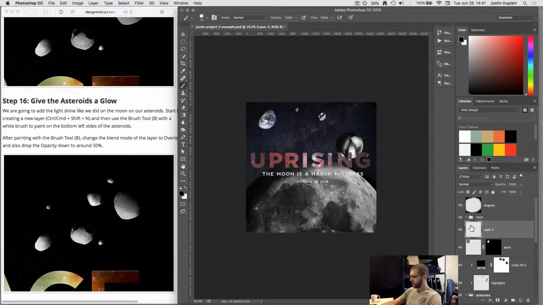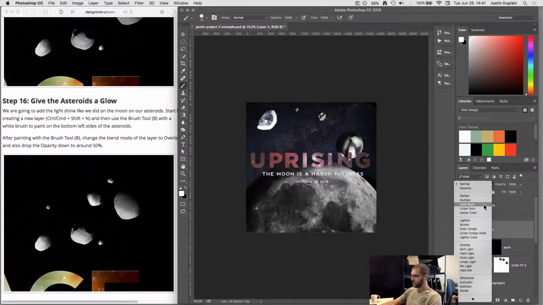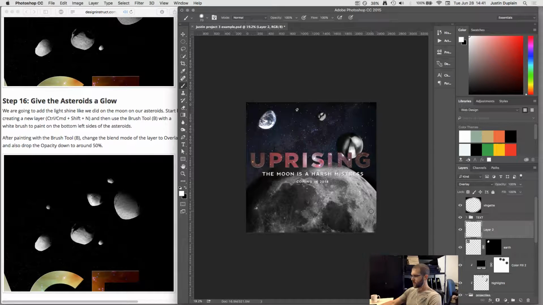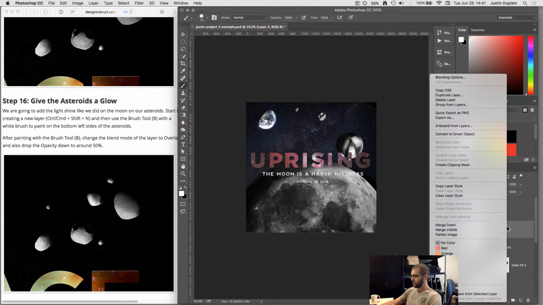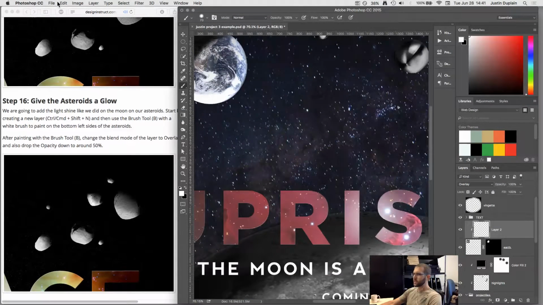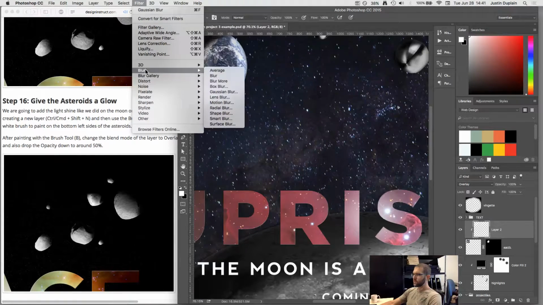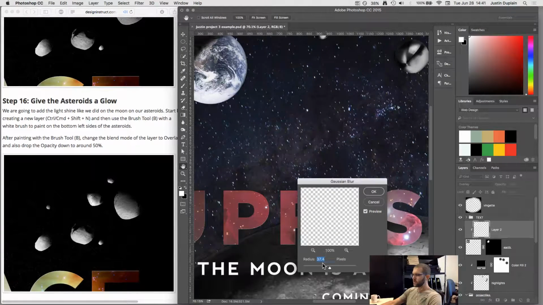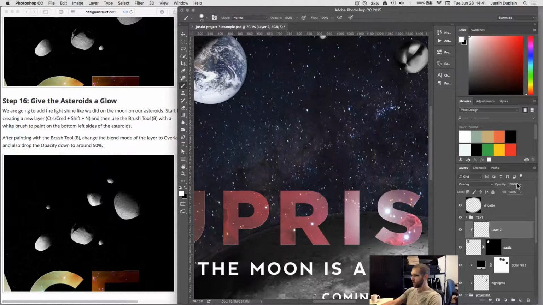So I'll do a layer here with a white brush along the edge of the Earth. Change it to overlay. I'm going to make this a clipping mask, and then I'm going to blur it a little bit. Filter, blur, Gaussian blur. Okay. Call that Earth Glow, and then I've got